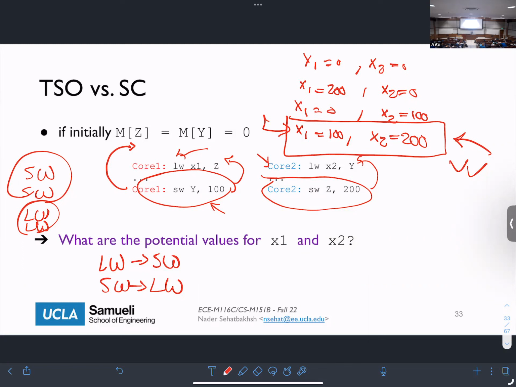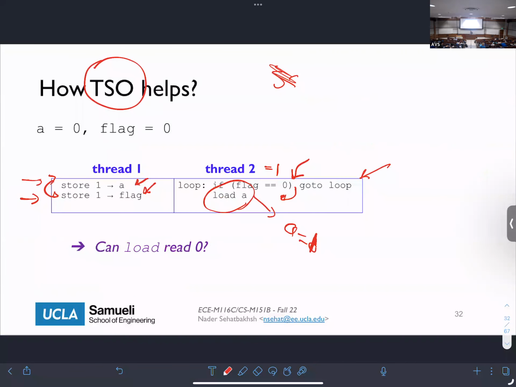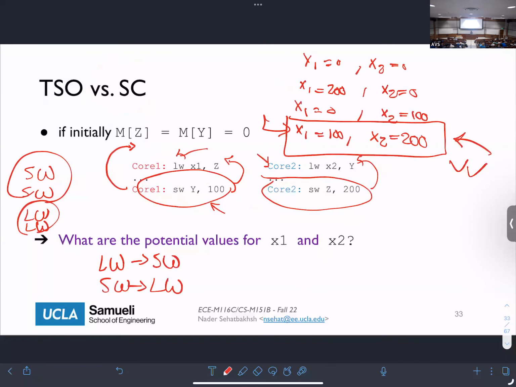Sequential consistency does not allow it. But what TSO will give you is scenarios like this, that if you write, then you cannot reorder writes. Okay? So just don't confuse and don't mix these two together. TSO will give you a consistent behavior among the writes on the other side for other cores. Sequential consistency gives you everything, so nothing can be reordered. And as a result, you might have some of these scenarios, and you may not have the other scenarios. Is that clear? Good?